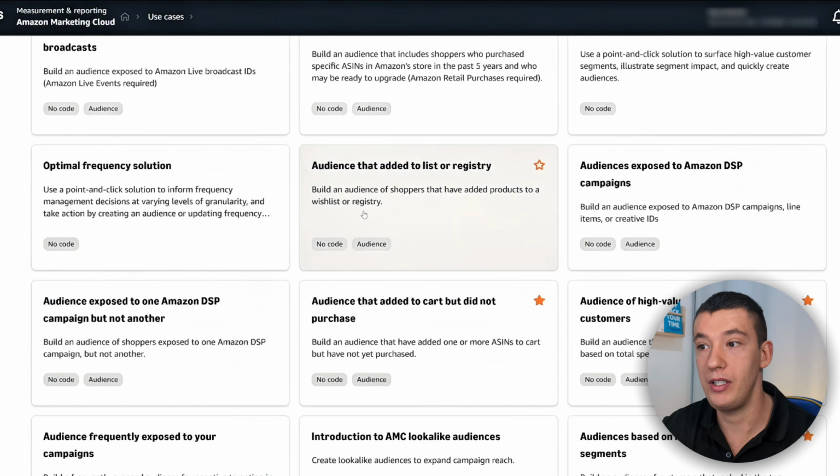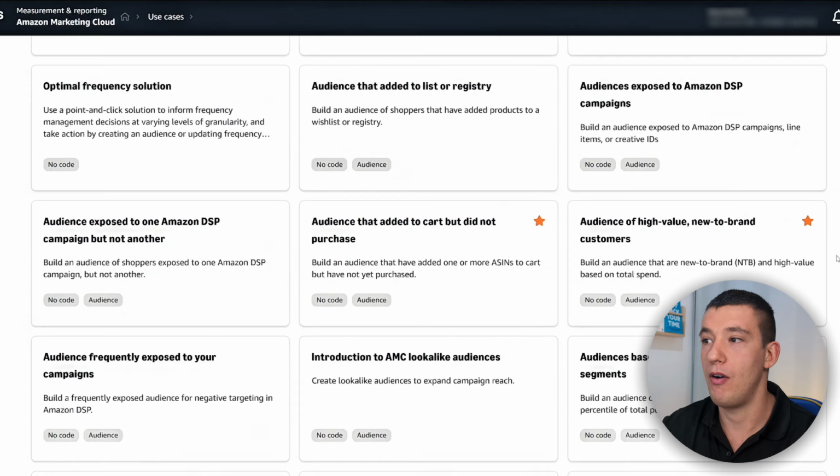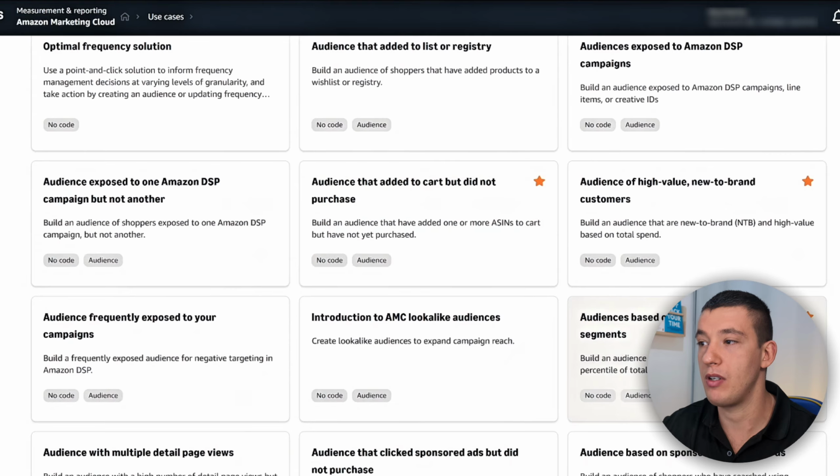Now, how do you create an audience? You can click on one of the audiences that are relevant. From my experience, the audience of high value new to brand is really good. Audience that added to cart but did not purchase, same. And audience based on high value customers, also. Those three audiences perform really well with the portfolio of our brands,